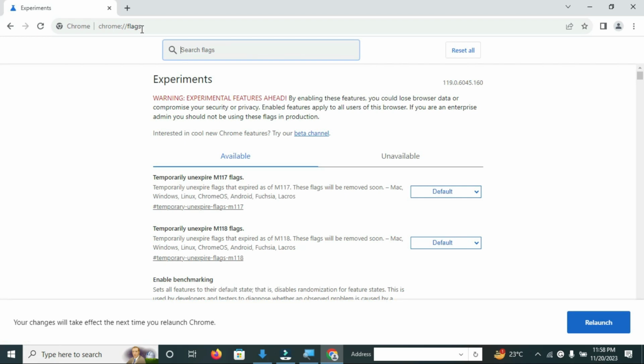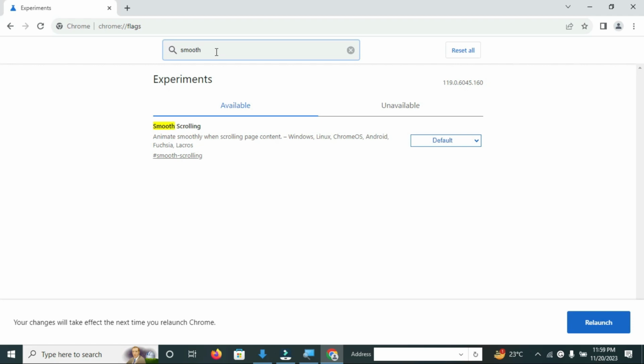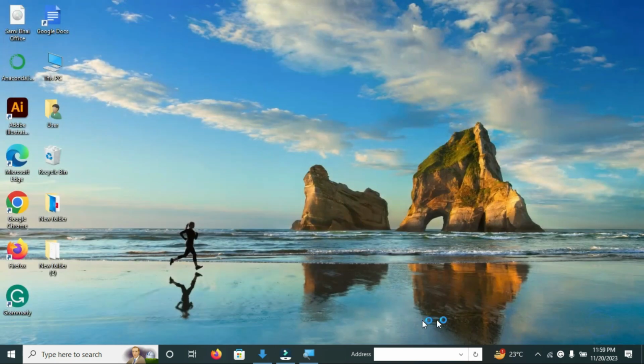and here on this search bar you have to type smooth, and it will find "Animate scrolling when scrolling page content, Windows, Linux OS," and here just click on the enabled, and then we need to relaunch it from here,